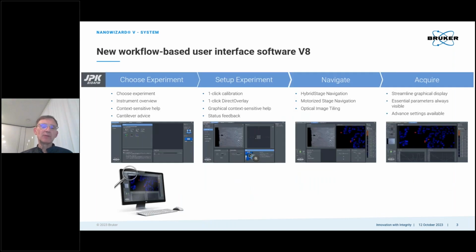To use the AFM in a multi-user facility, it's very helpful to have a workflow-based software interface, which we created with the new software version V8. From left to right and from top to bottom, it guides you through the process step by step. Choose experiment means you can select, okay, now I want to go for force spectroscopy or QI imaging or